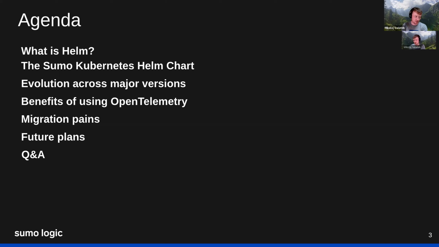So this is my short agenda for this presentation. I'm going to talk a little bit briefly about Helm and about the Helm chart. I'm not going to spend a lot of time on that. And I'm going to talk about what changed in the major versions of the Helm chart and why. This is a bit of a spoiler, but it's going to have to do with OpenTelemetry and the OpenTelemetry collector. And then I'm going to address some common migration pains, what you can expect when you're going from version 2 to version 3, and why that is potentially a problem and how you should think about going about these things. So without further ado,